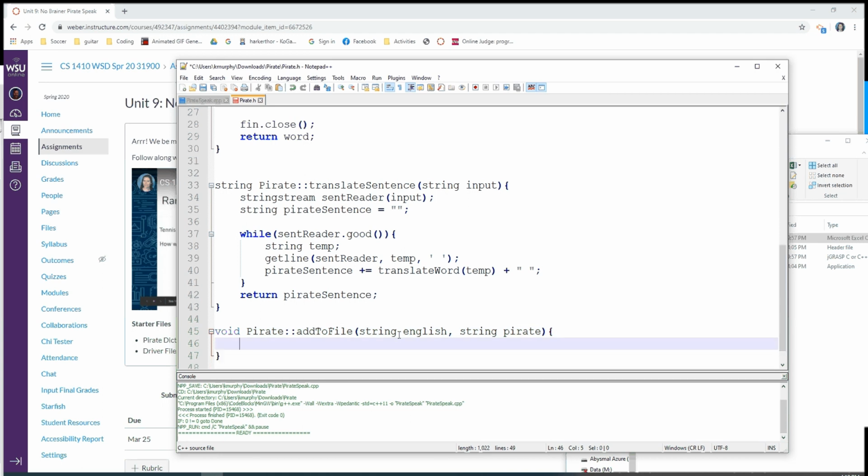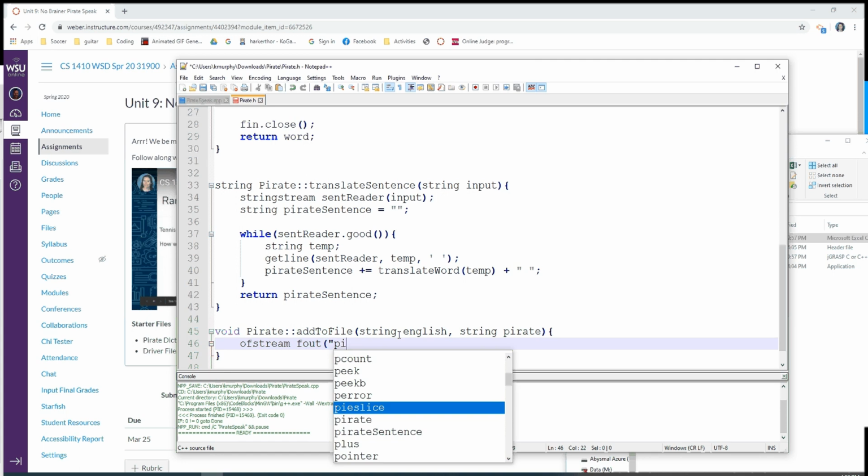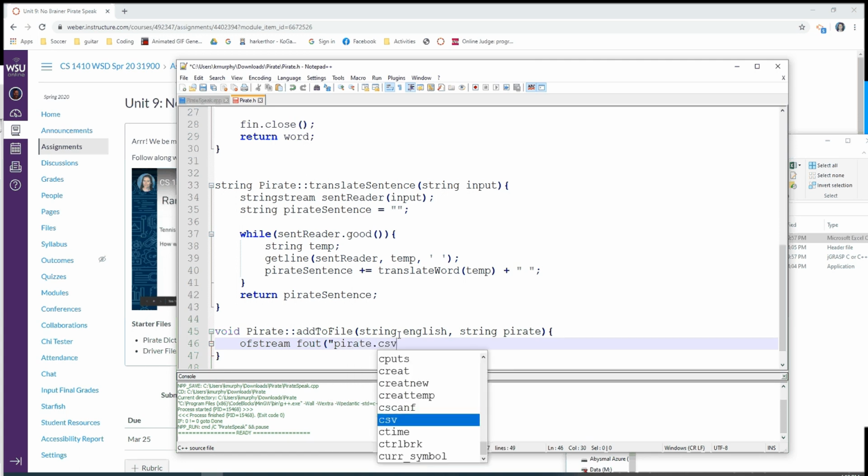Okay, so very first thing is I want to open the file for output. And I always call mine F out for file out. You'll see different things. Once again, if you have to put the path name in, you're welcome to. If it's in the immediate directory, you do not have to. But this time,